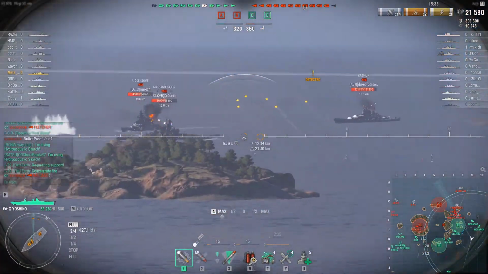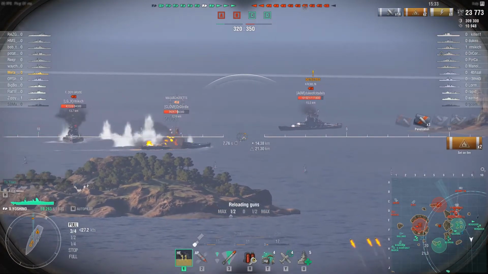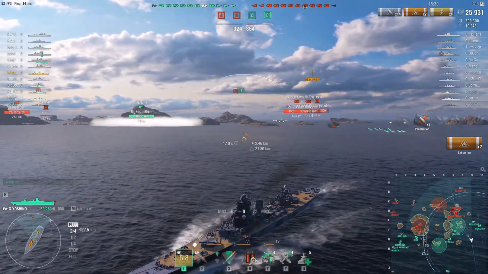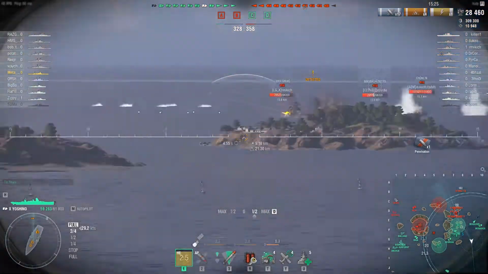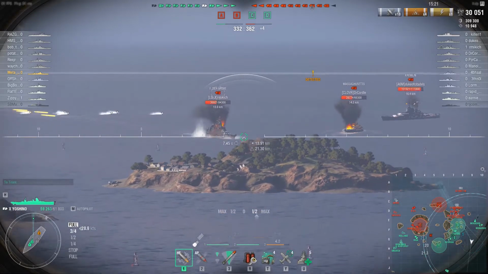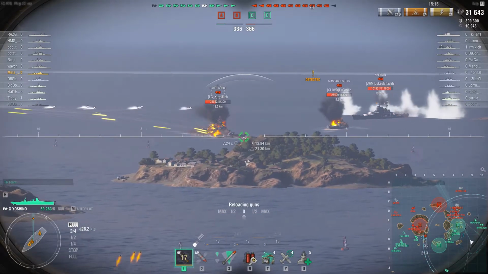Here I switch targets. I'm going to go after the Massachusetts. They're always nice and flammable. Get 2 fires on him. But what I was saying with the time and distance is with this distance that I'm staying away, I'm not trying to stay necessarily in a farming position, but I know I'm going to be able to keep hitting them. And when I show a little bit of broadside, they're going to aim at me. And with me having such a good